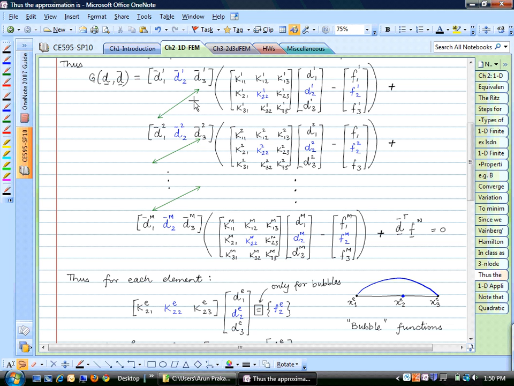It is completely independent. Does that sound correct? If you take a look at this degree of freedom, the first element, degree of freedom 2, this is not connected to the rest of the mesh because its value at the 2 ends of this element goes to 0. So this is actually just an independent